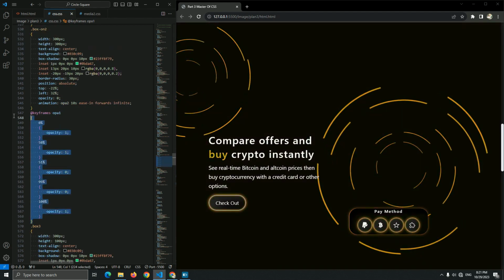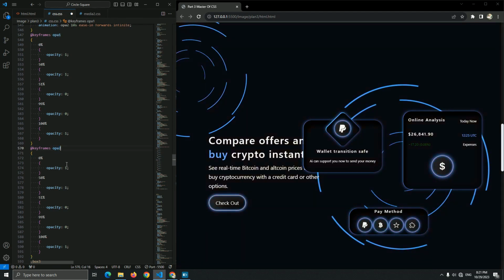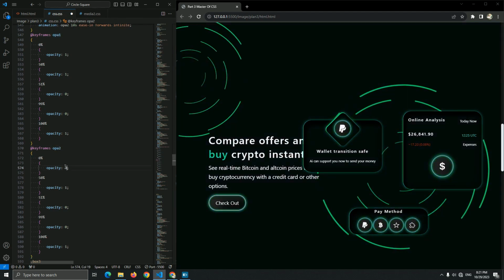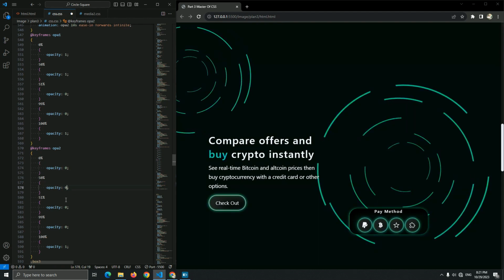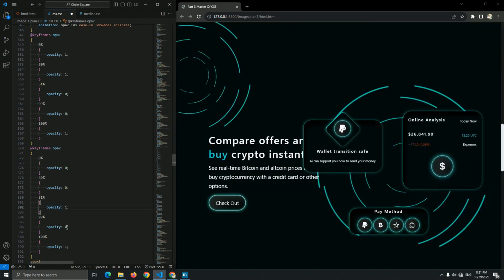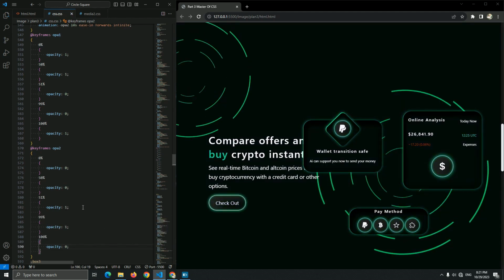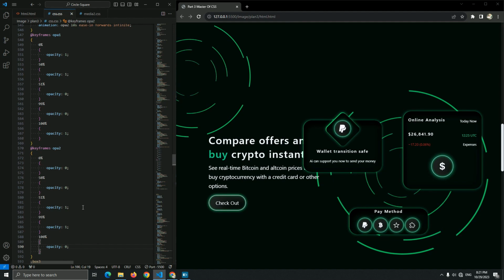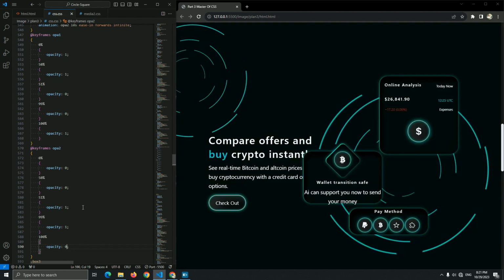Okay, now for the opacity 2 animation, let me add it. And for this, as usual, for box on 2, which was opacity 0, at 51% let it be 1. And now let's see the animation of these boxes, guys. Here we go. This is our animation of the boxes.